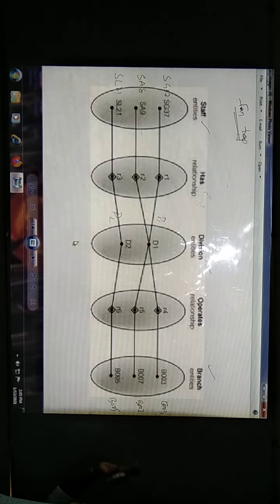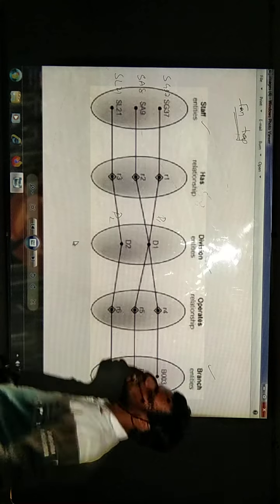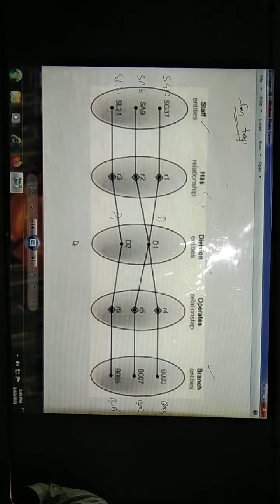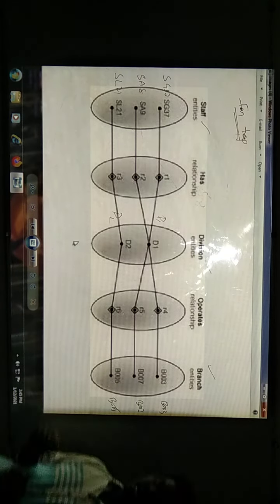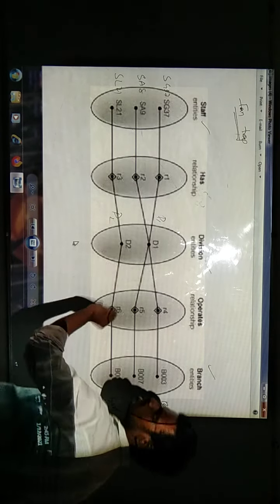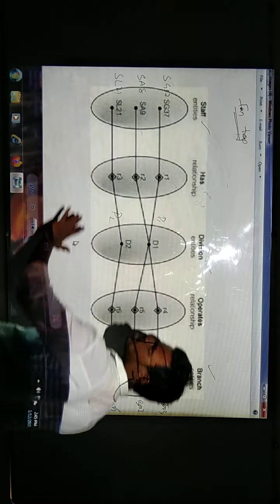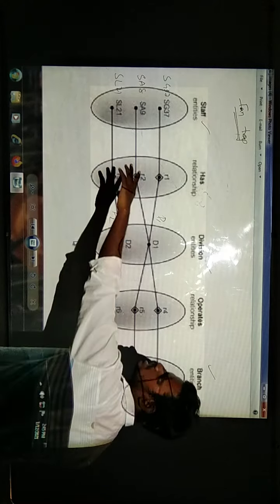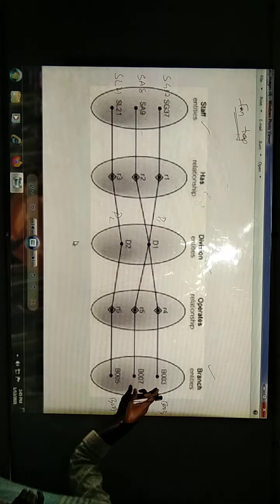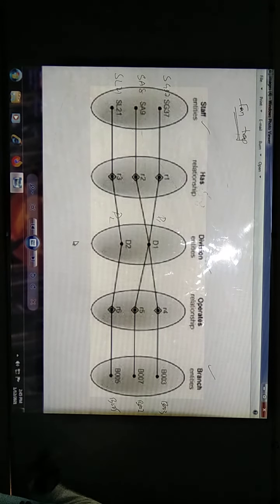That is the fan trap that will occur when we are having one to many or many to one relations, I can say. In order to represent the relationship between staff and branch, we need to restructure the entity relationship model so that we will be having clarity. How? Just observe this. I hope it is clear what the fan trap is. You cannot answer by seeing this particular model which branch SG37 is working for, 003 or 007.